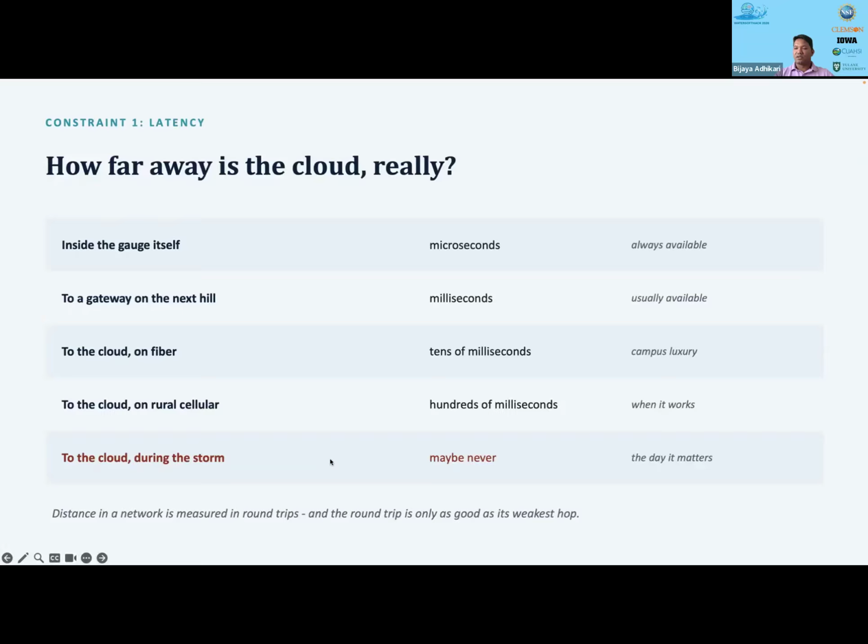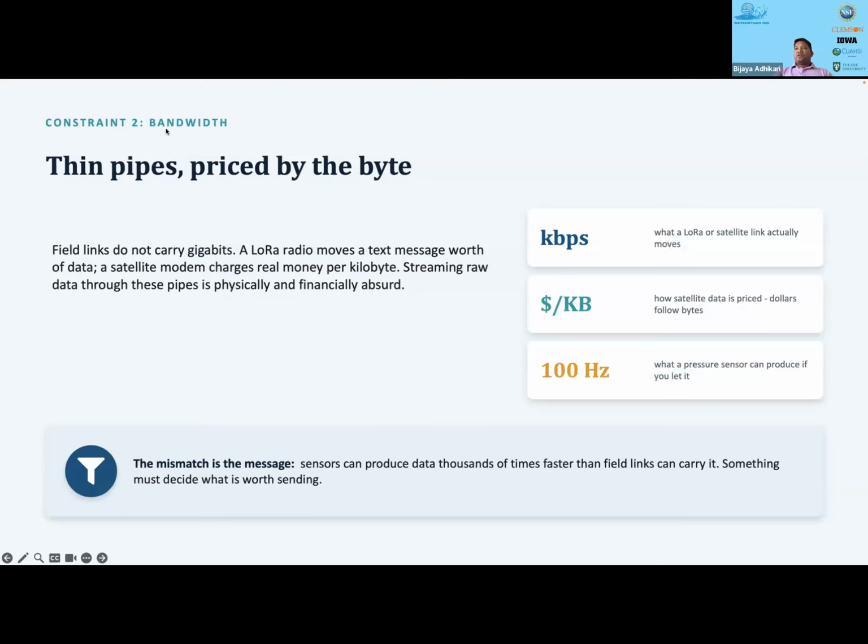The link is the most susceptible to failure. So whenever we need a decision that must be timely and guaranteed, we should move the computation as close to the sensor as possible. Okay, so the next